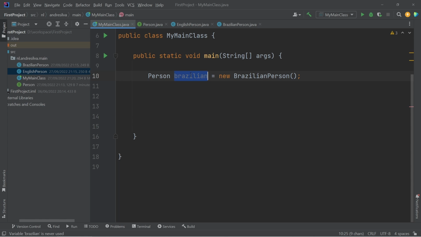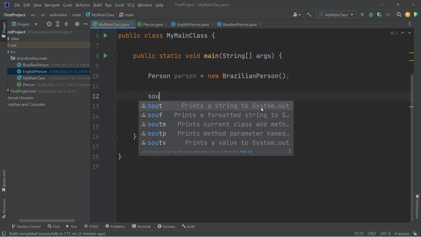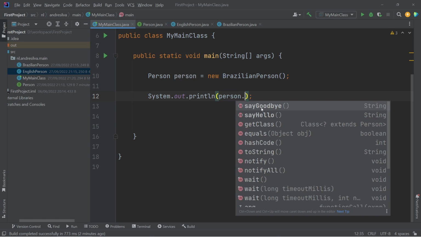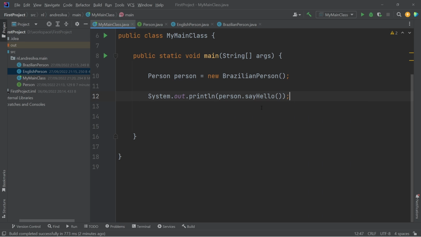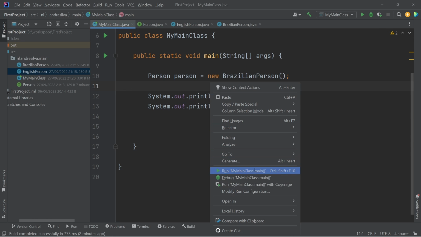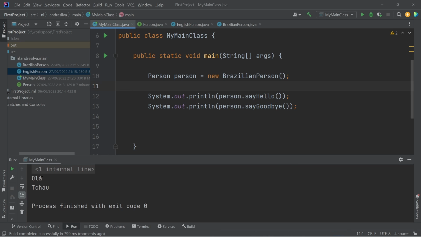Let's remove this. Let's just leave the one. Let's call this a person. Let's make this generic. Say hello. Say goodbye. Let's run. Hola. Ciao. Now the thing about interfaces is exactly that you don't have to change the way your code works